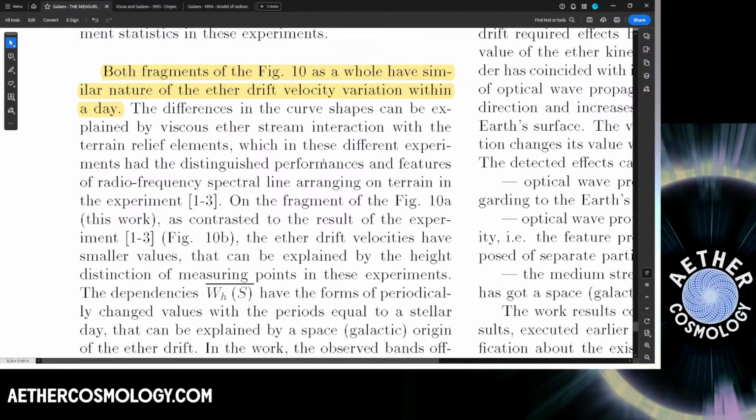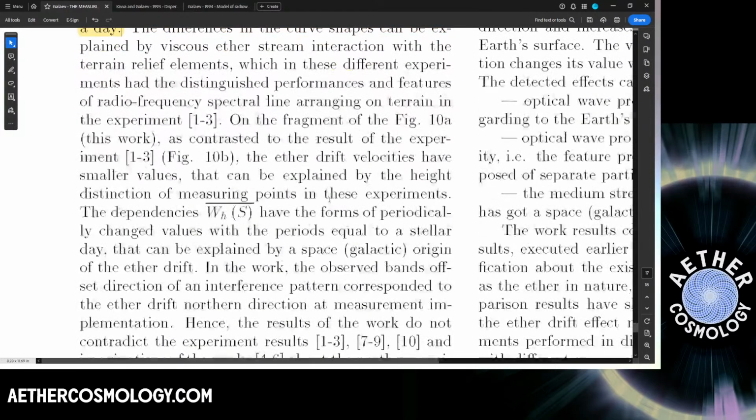The differences in the curve shapes can be explained by viscous ether stream interaction with the terrain relief elements, which in these different experiments had the distinguished performances and features of the radio frequency spectral line arranging on terrain in the experiment. On the fragment of the figure 10a, this work, as contrasted to the result of experiment 1 through 3, figure 10b, the ether drift velocities have similar values that can be explained by the height distinction of measuring points in these experiments. The dependencies of the ether drift on the sidereal time have forms of